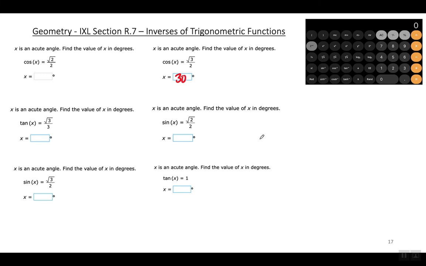Remember that I said that most of your answers for the first, like, 80% of R7 are going to be 30, 60, or 45. And you'll see that's going to be true. Now look, just to relate it to what I just went over,